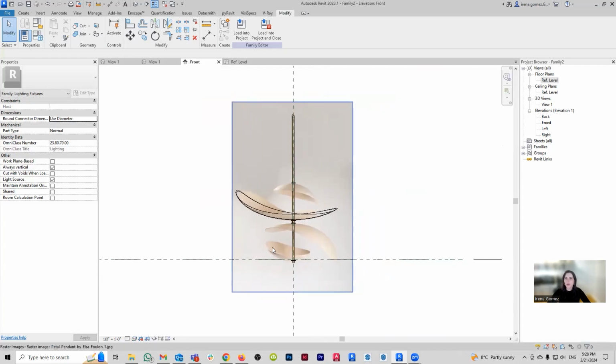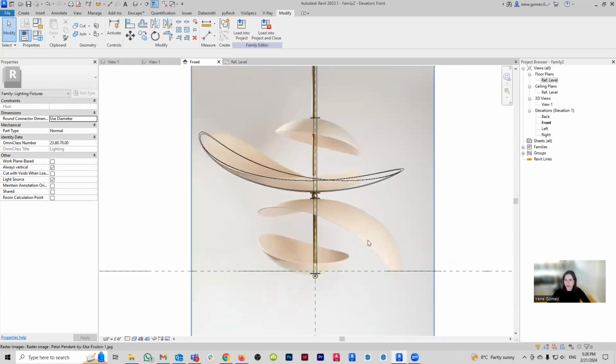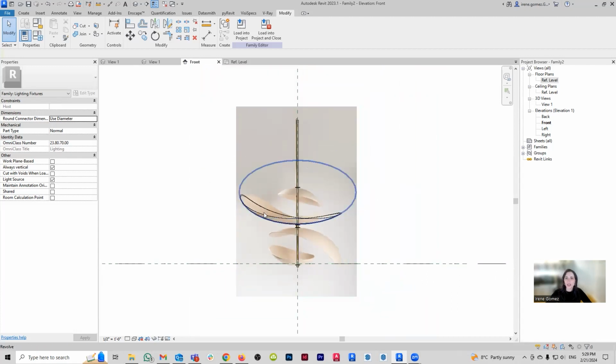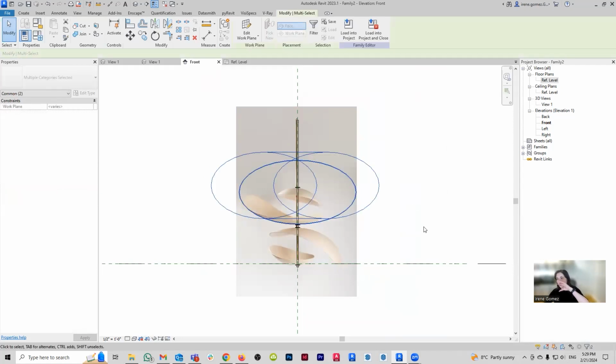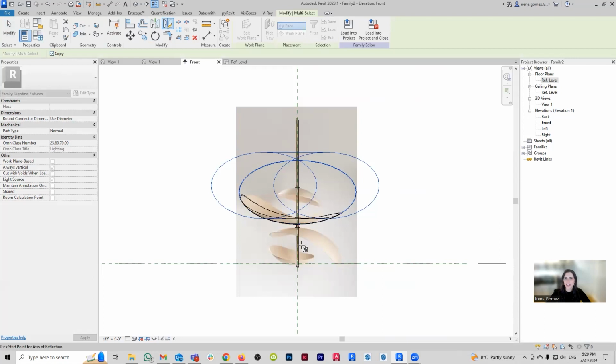So now what I need to do is, if you look at the reference image, what's really happening here is that the same petal that you have in the top, you have it at the bottom, but at the bottom it is mirrored. So it's mirrored down and then it's mirrored horizontally. It's mirrored vertically and horizontally. So what I can do here is, instead of having to do this entire process all over again, select both the watermelon skin and the void that is cutting through it. And I'm going to create a drawn mirror, and I'm going to make sure that I set it up to copy.